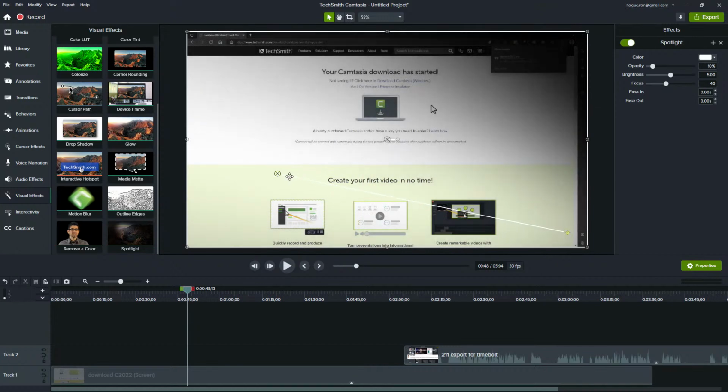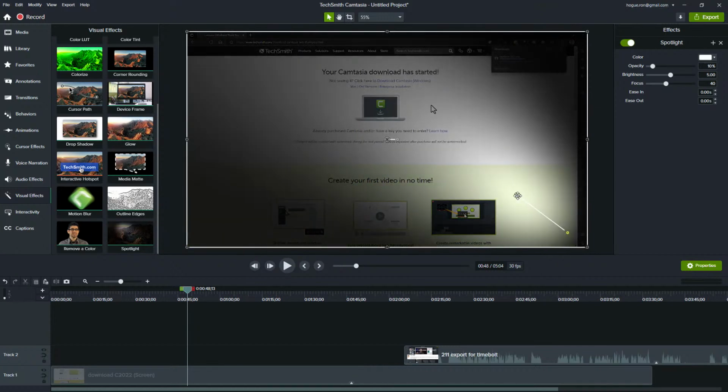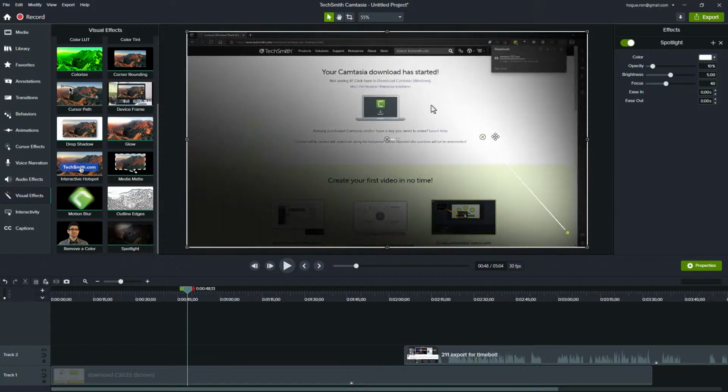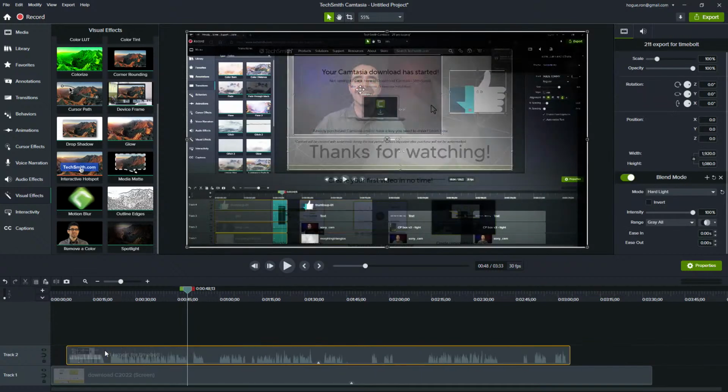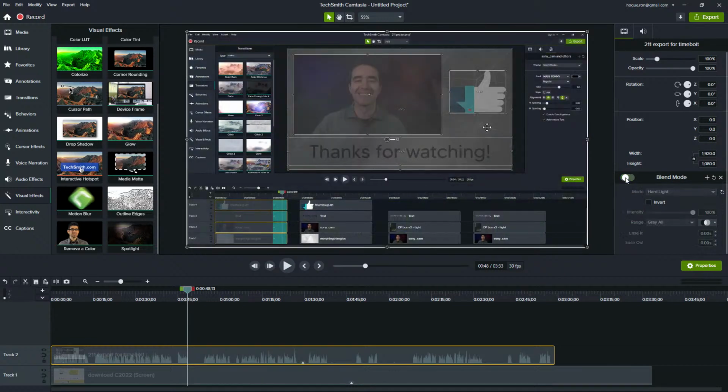And I believe that Mac had this at least one, maybe 2 or 3 versions ago as well. So you can highlight a specific area of your screen if you would like. That's the spotlight effect. And then on the outline edges, I will go back, I will remove, or I'll just